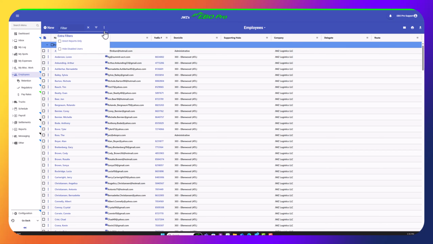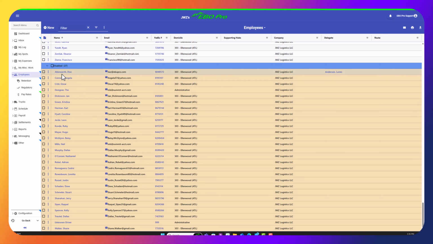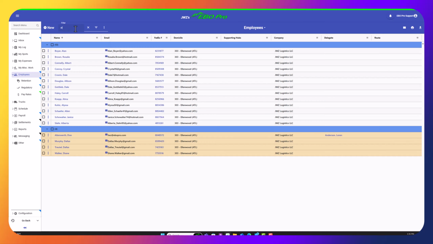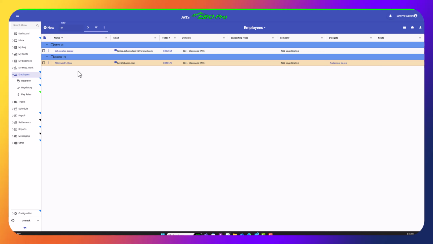But if you need to get his information, you would come up here and uncheck hide disabled users. So now if I go to the bottom, I can see that Don is right here, or I can filter very quickly to his name by just typing in a few letters that are in his name, and there he is. If I wanted to bring him back, say he decided to come back part-time, I can do the same thing, click on the 3 dots next to his name, go to change status and hire him back as full-time, part-time, or applicant if he's onboarding and hasn't gotten to full-time yet,